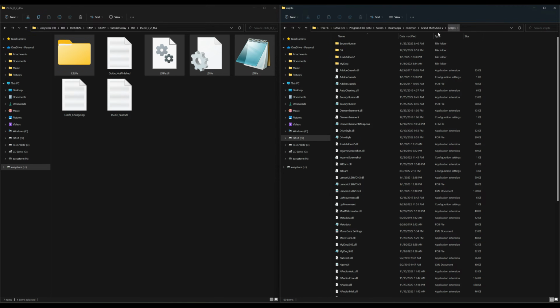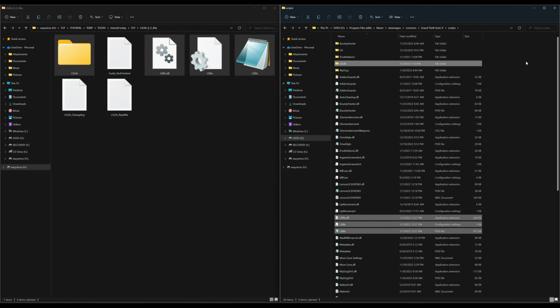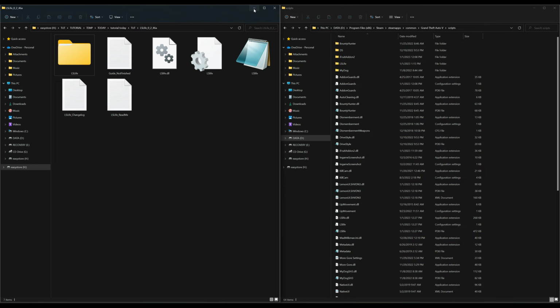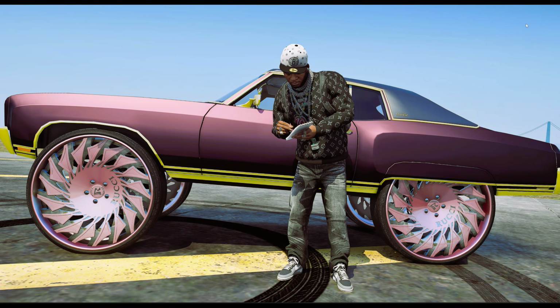So go ahead and open up your scripts folder in your GTA 5 directory, and let's take those 4 that I have highlighted over here, and drag and drop those 4 right here into our scripts folder that we made earlier with our requirements installed. All right, so now that is dragged and dropped, let's minimize any windows we might have open